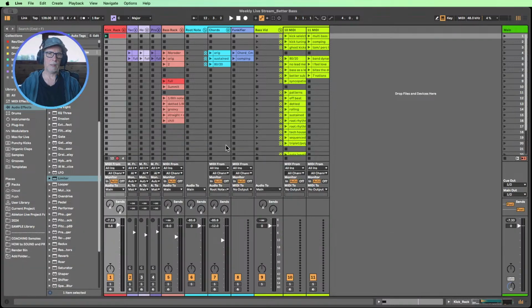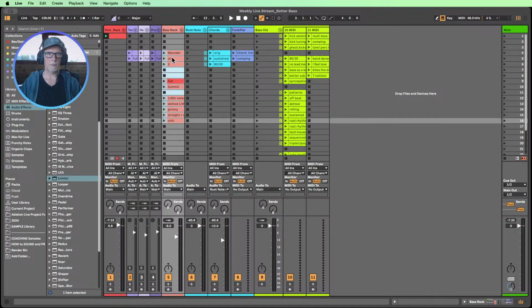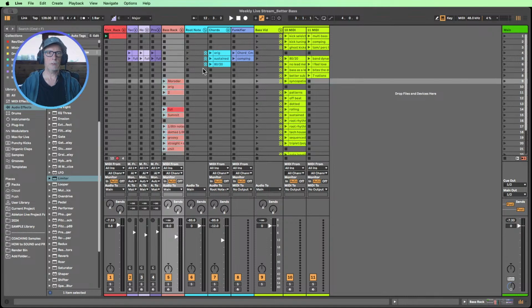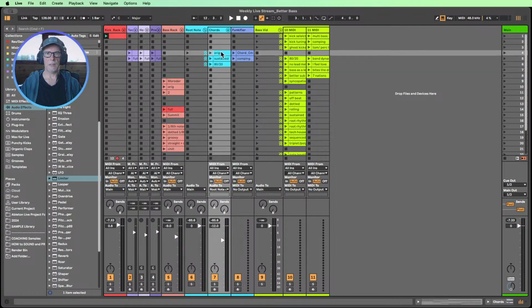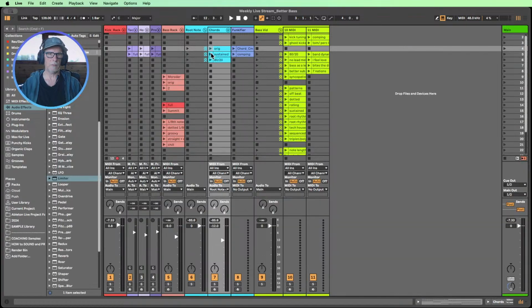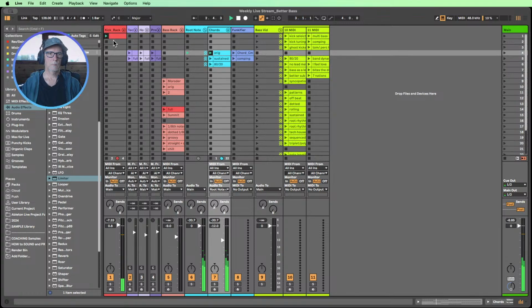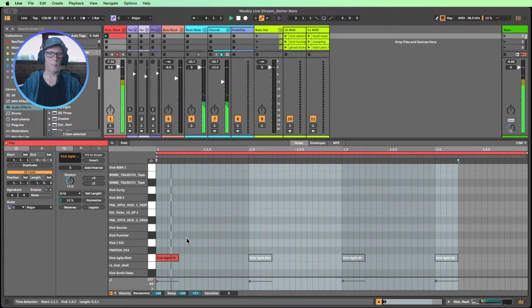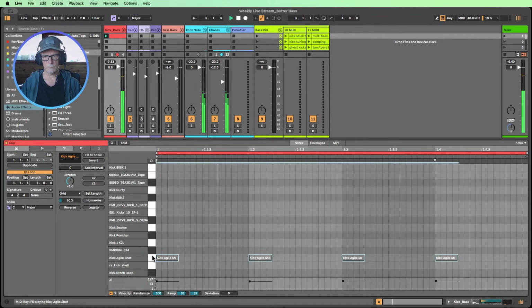All right, so let's say we drag down a few things here a little bit on our bass rack. Some of these things we're going to look at in a little bit. And let's say we go over to this chord progression we've got, which looks like this. This is the original chord, and it sounds like this. Okay, I'm going to just bring in my 4 on the floor pattern. So let's do that.